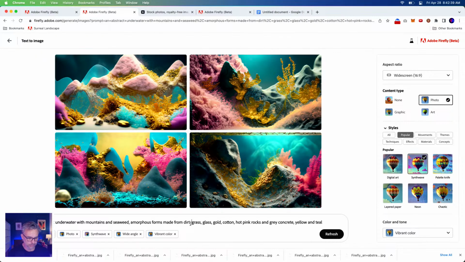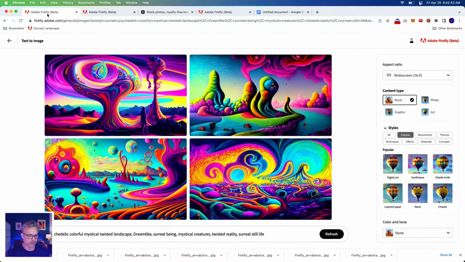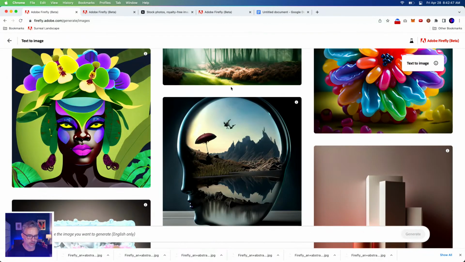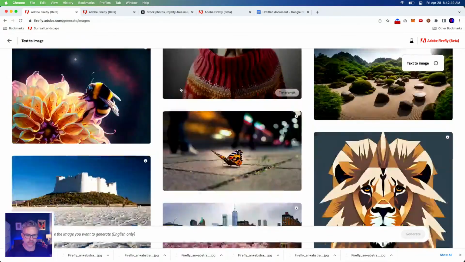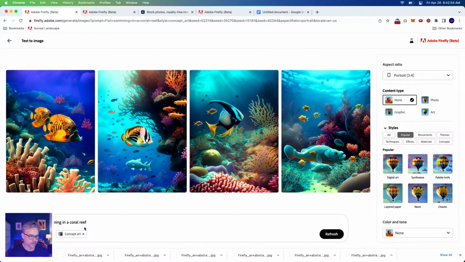I'd probably still go in here and, I don't know, I would actually jump back in here and see. Here's a case where fish swimming in a coral reef, maybe that's what I need. Maybe I just need underwater coral reef. Coral reef. But then we're going to add